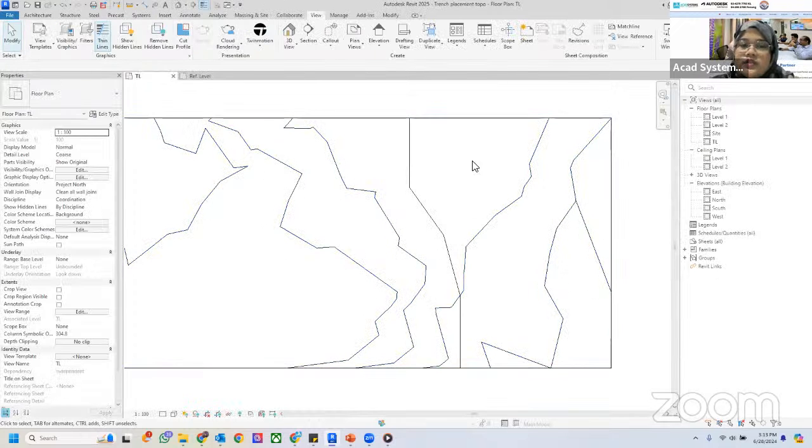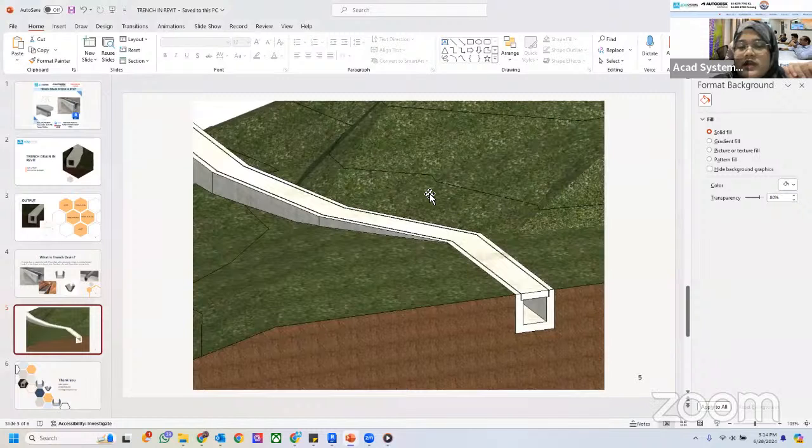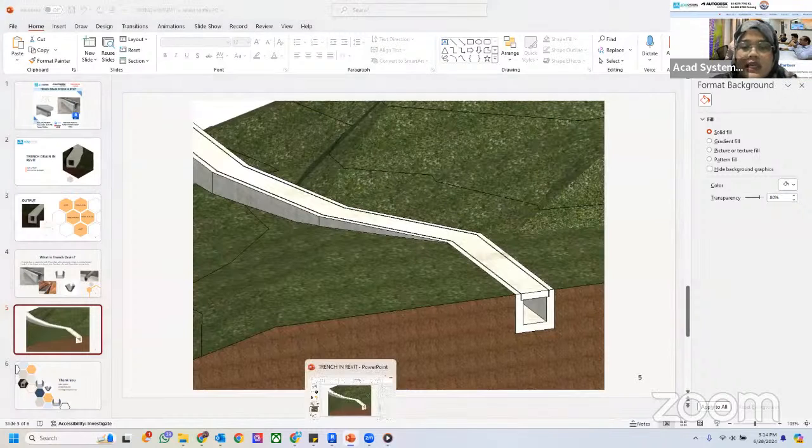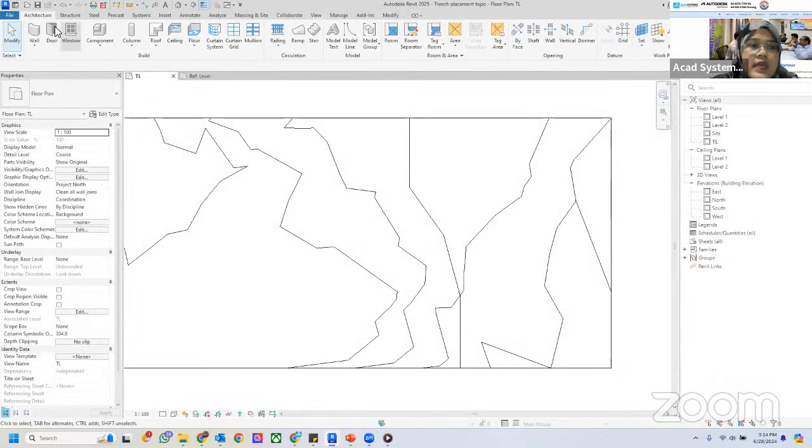So now it's already loaded. So that's why it's moved my working space to the TL, or to my project here. Then from here, I will create a model in place. So why do I want to create a model in place? Because I want to use the trench profile that I just created. Then I will get this kind of result. Okay. So I go back to the TL view, and then to create model in place, you need to